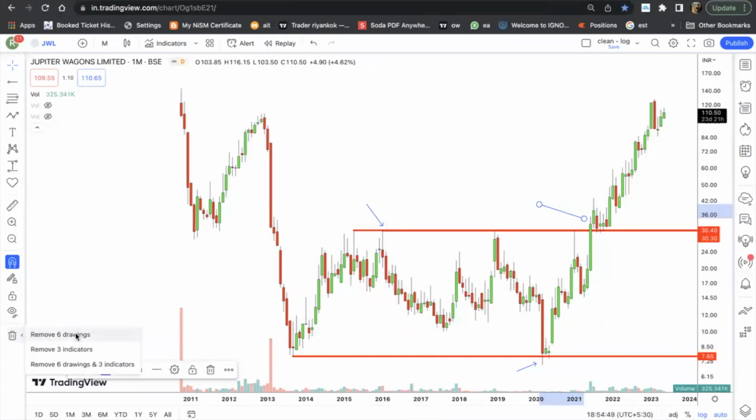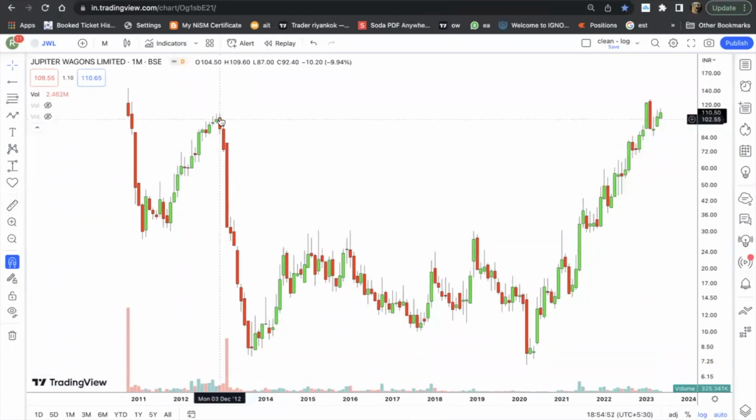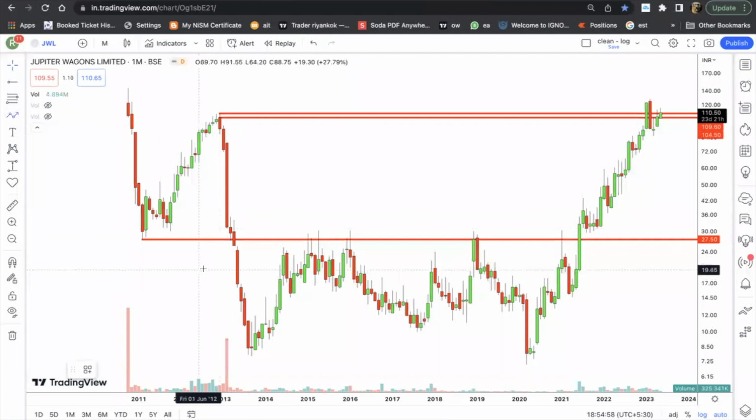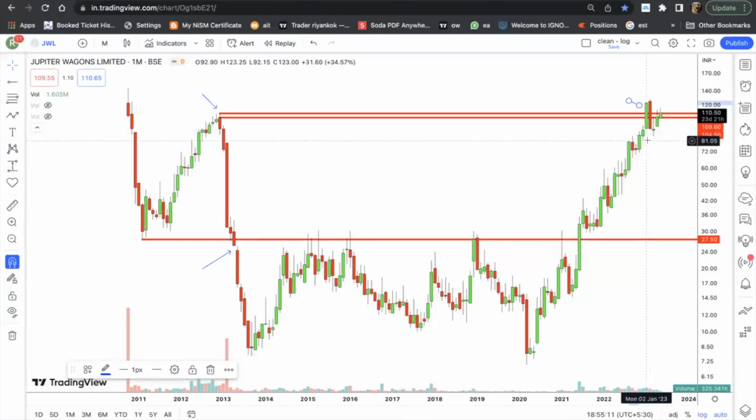Now, the breakout which I am observing is this breakout above the level of 110. The low of 27 was made and a valid closing below those levels was successfully observed. The breakout happened back in January 2023. The stop loss for this script was coming somewhere around 92 on monthly closing, but it drifted down to the levels of 85 right here and could not close above those levels.